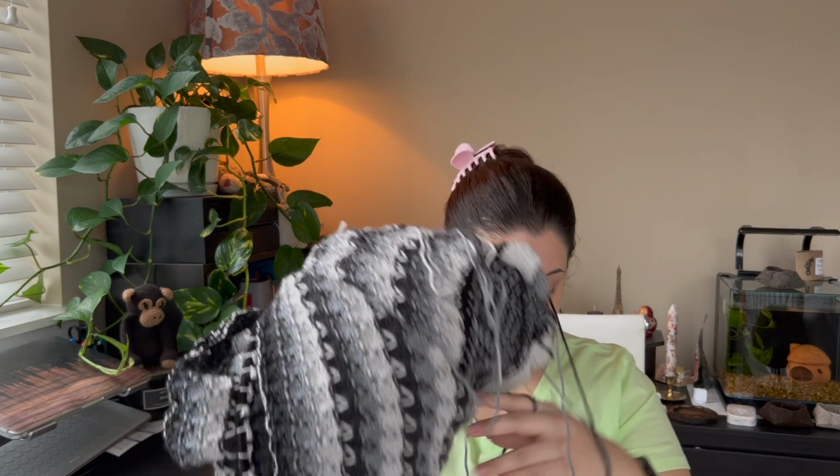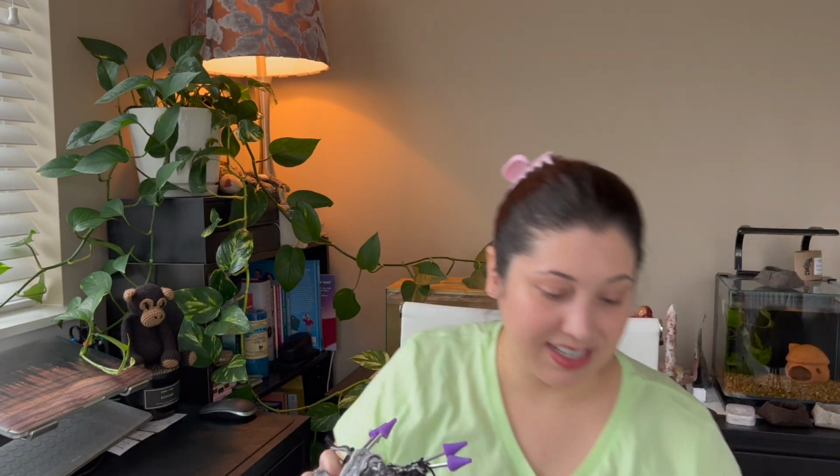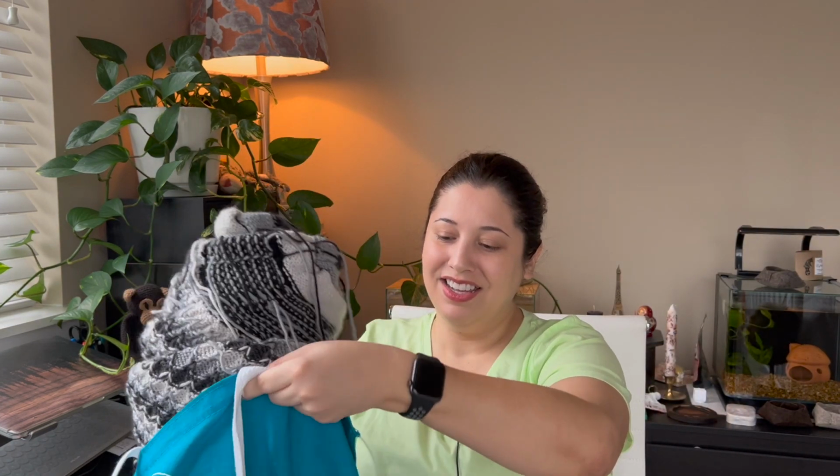So I'm hoping to pick up this blanket pretty soon so that I can get a little bit more progress done on it before summer rolls around, because it'll get pretty hot in the summer and I won't want to knit on it laying on my lap. But anyway, it is getting quite large here, and I have it in a really big knit bag,